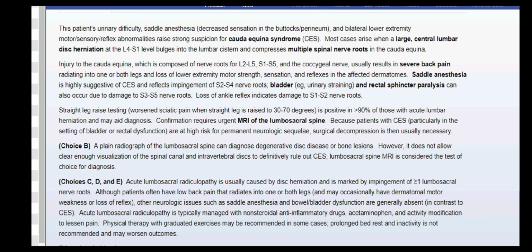So this problem is because of cauda equina syndrome. We have severe back pain, saddle anesthesia, bladder problems, rectal sphincter paralysis. What will confirm this huge disc is MRI of the lumbosacral spine. And here we end the first session in surgery. Okay, I wish